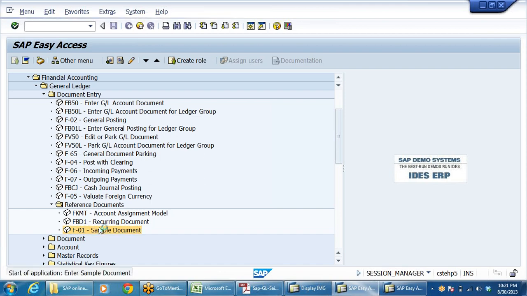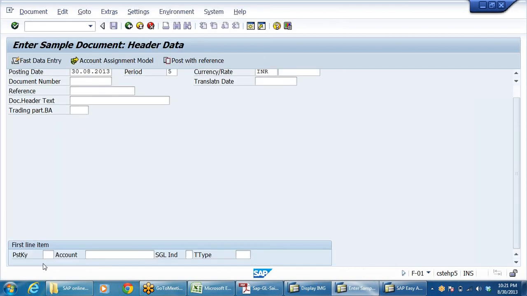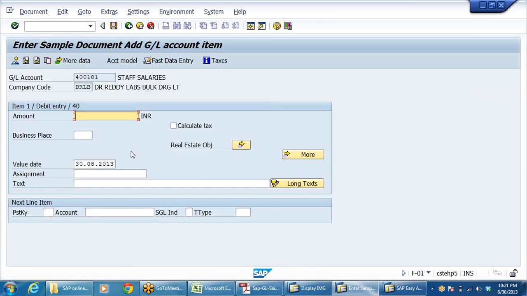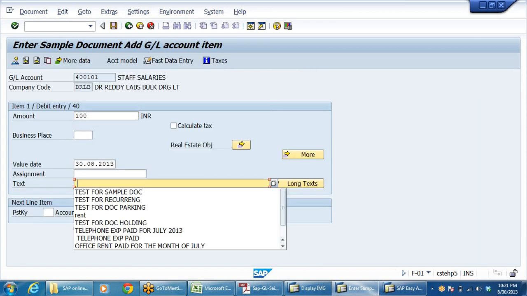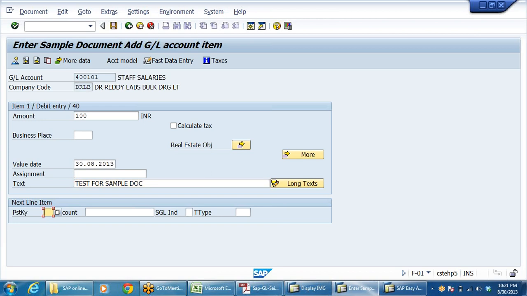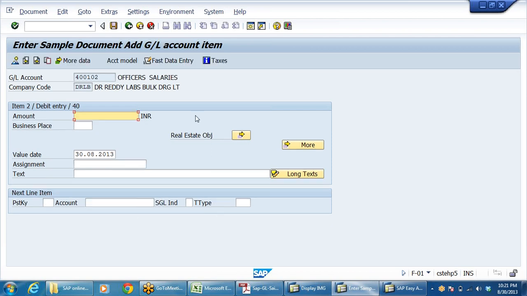I'll create a multi-line item. 400 101, 100 rupees, and again 40, 400 102, 100 rupees,